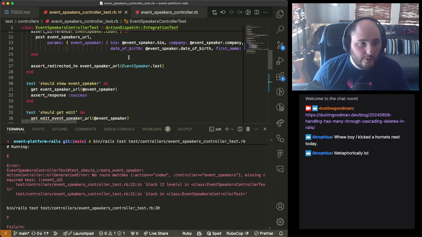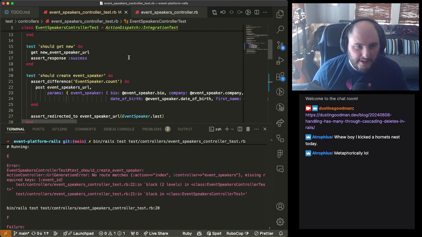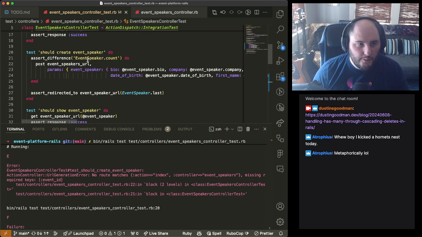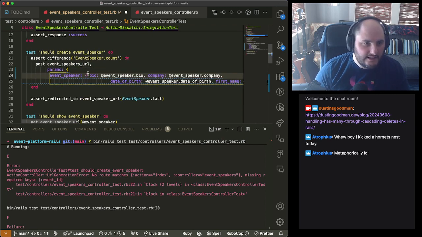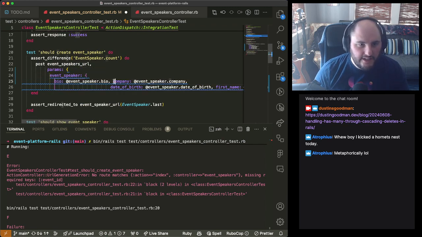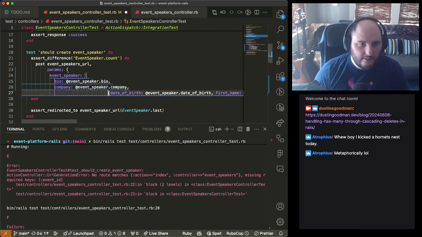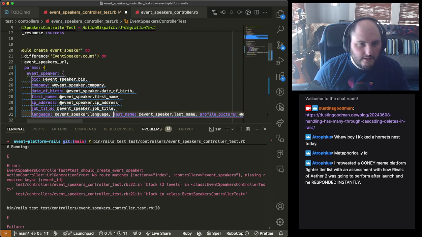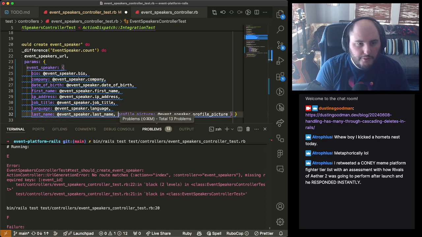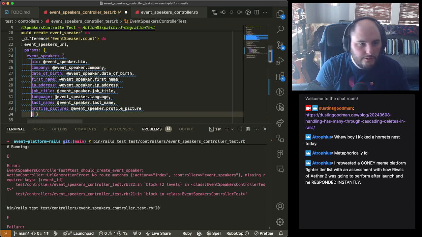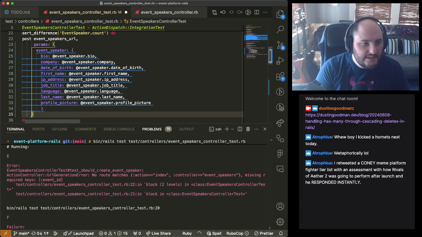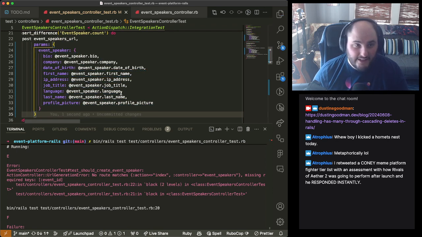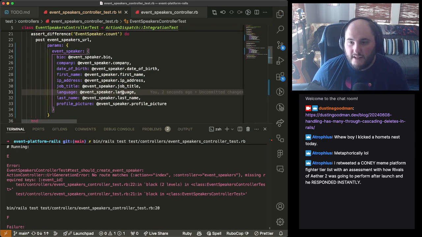Now we got to deal with create. Probably the same issue, if we're being honest. So if we go ahead and just try to clean this up, make it a lot prettier to read again, because let's be nice to ourselves and make things not atrocious to read. Okay, now this test is going to fail later when we do some validations, but I want this.